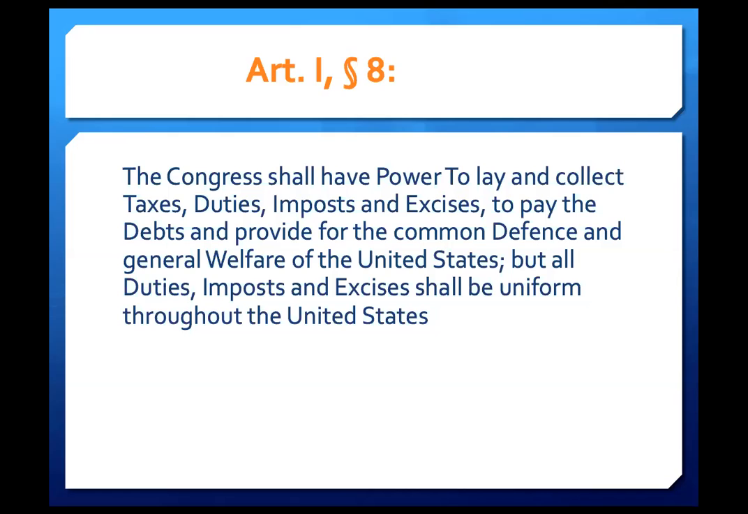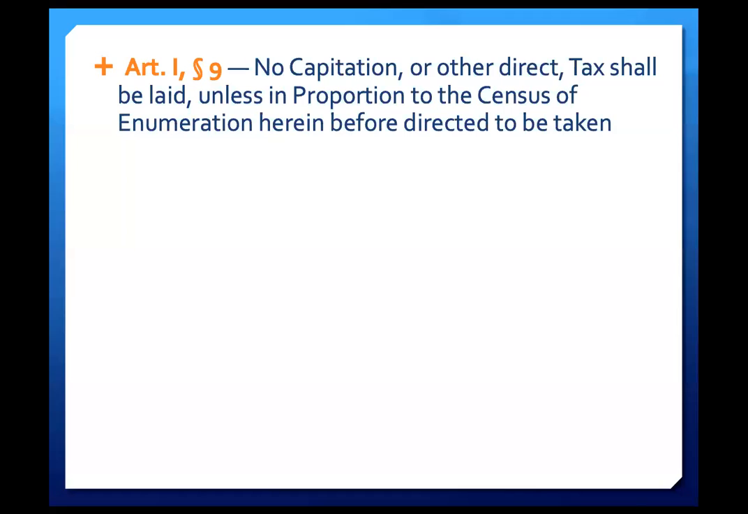There are some other provisions, however, in the Constitution that affect the taxing power as well. These other provisions include Article 1, Section 9, which tells us that no capitation or other direct tax shall be laid unless in proportion to the Census of Enumeration, herein before directed to be taken. As I said, this isn't going to be the focus of our discussion, but it's still interesting